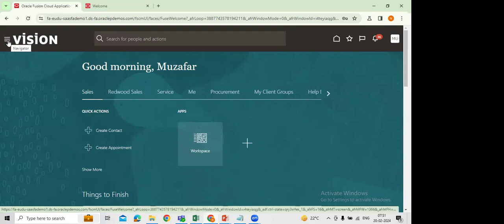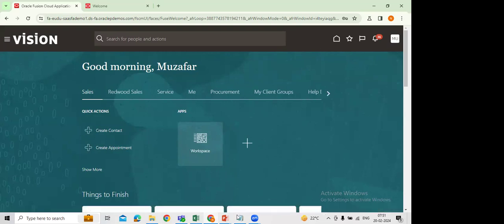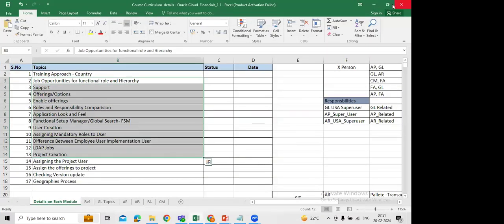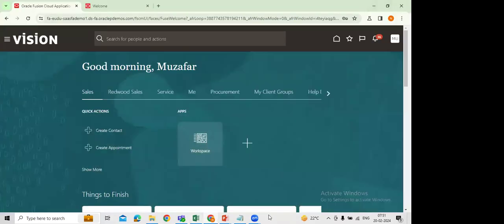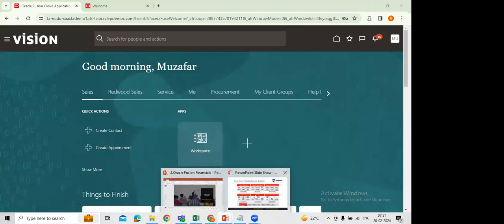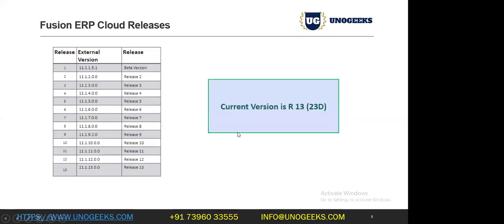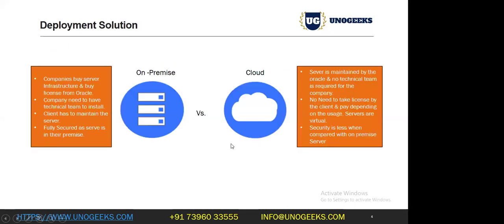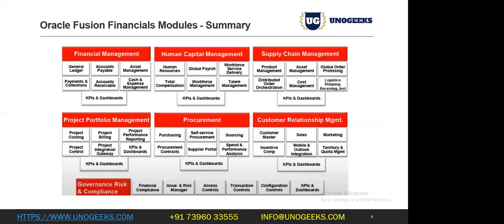Maybe in the next one or two sessions we'll try to cover all this. I have a lot of things to cover. I'm just going through it at a high level, because without knowing the services and offerings, it is difficult. In case someone is already aware, that is well and good. In case someone is not aware, I need to consider all the participants, so for that reason I'm going through it in detail.